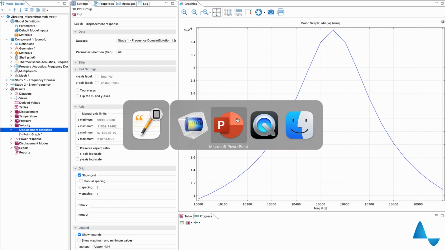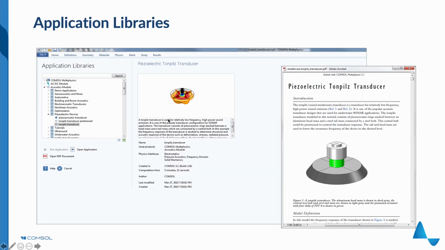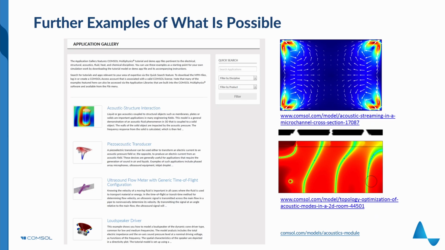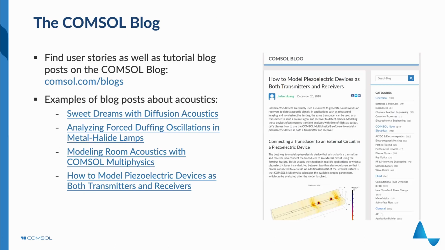So let's jump back to our presentation here. You can find more in the application libraries, just search for it, and you can find lots of tutorial models and benchmark models for that. And also you can go to our website to see what's possible there. You can find many more examples with detailed explanations, and you can visit the COMSOL blog. So if you want to read more details about how to do such simulations and what is possible in COMSOL Multiphysics, that's also a recommended way to read these blog entries at